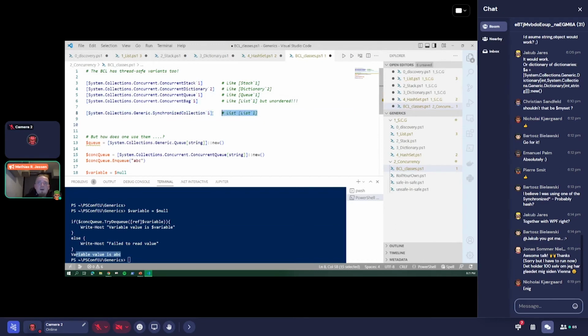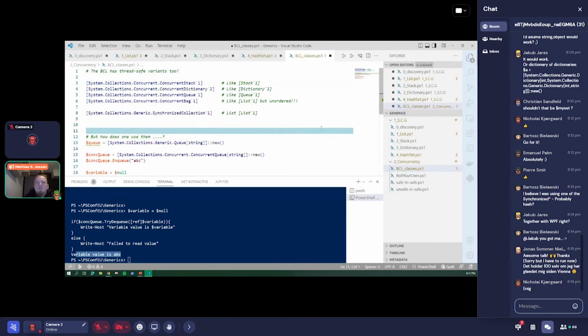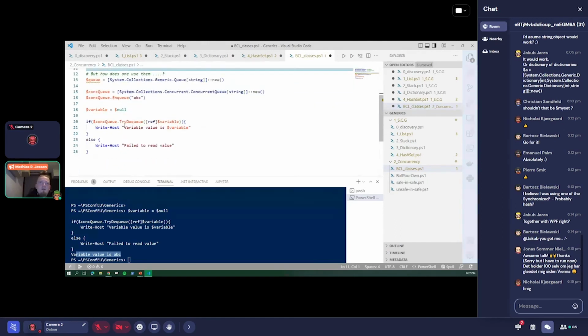What you'll notice is it isn't nested in Concurrent, but it is specifically thread safe, hence the name synchronized collection, right? So we have a basis for understanding the differences between the regular generic types that we've been working with so far and these concurrent types, right? There are some safeguards in place to make sure that they don't fail in weird ways that you might expect them to in a multi-threaded scenario. And we might need to use the ref keyword in order to pass variables by reference. So keep these two things in mind, and then let's have a look at the example that I brought up